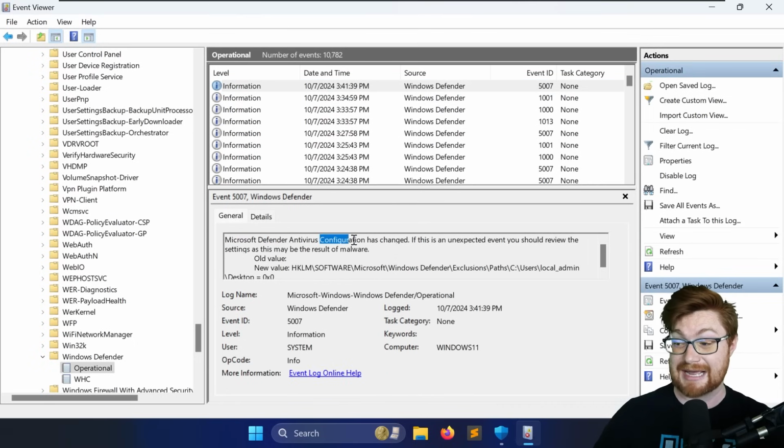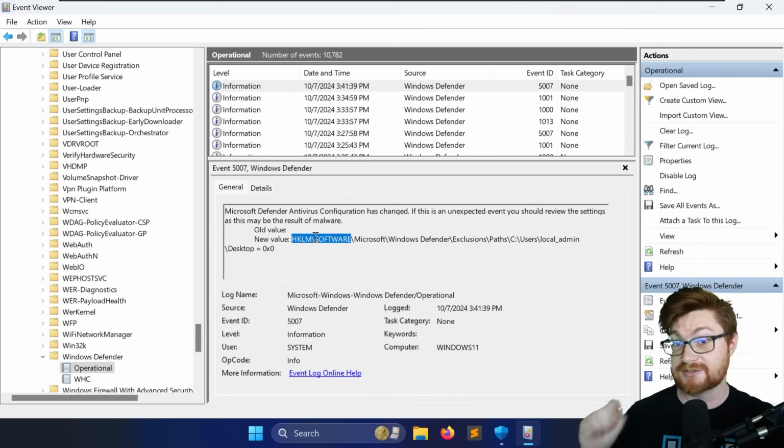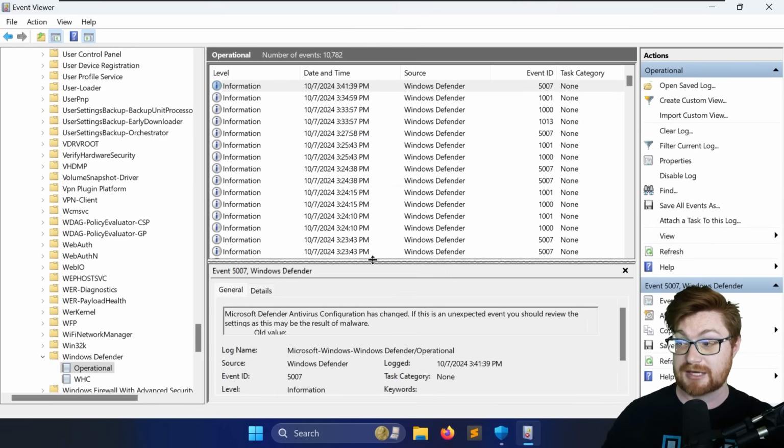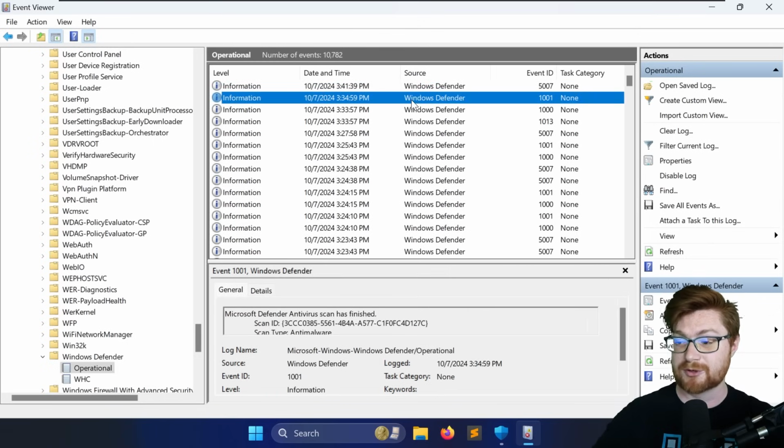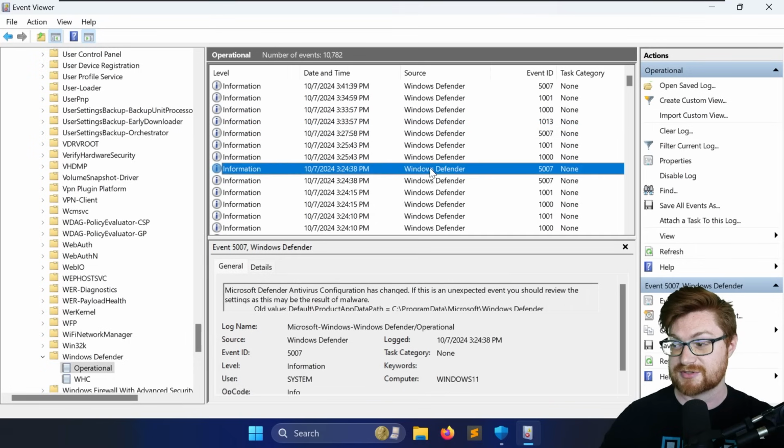However, this is for any change to Defender's configuration. So you could get a whole lot of insight in here. Like, hey, new value being set for an exclusion. You can see that being modified in HKLM, the registry key for the local machine. Again, needs admin privileges to be able to read that registry key, but the event viewer will still tell it for low privilege users. But there's a lot of stuff in here, like 5007 could really just be any specific